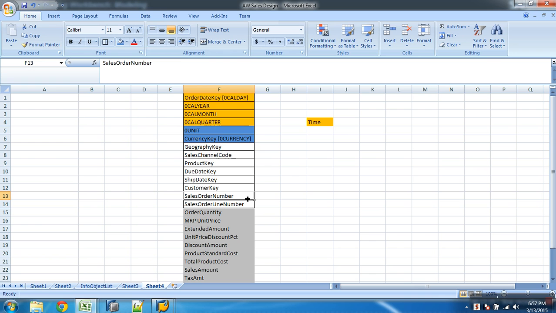Understood the logic? I have 16 dimension keys, so 16 dimension tables, and out of 16, 15 dimension tables are connected to 5 or 10 info objects. But there is one dimension table which is connected to only one SID column. So from the dimension ID to the dimension table, we got one SID column connected to only one SID master data object.